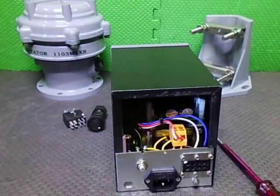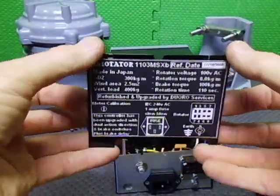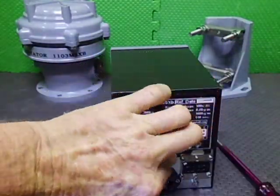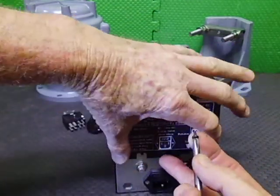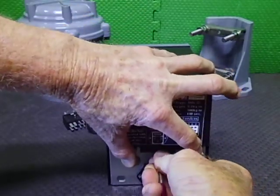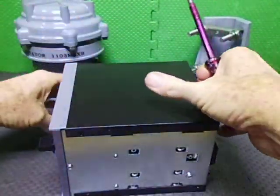Right. And we have a newly painted back panel on this one. So let's see if we can get this hole to line up. Once we get this all together, I'm going to wire it up and we'll take it for a quick drive to show you it working. It'll be good to get this back together again. We'll lay him down,